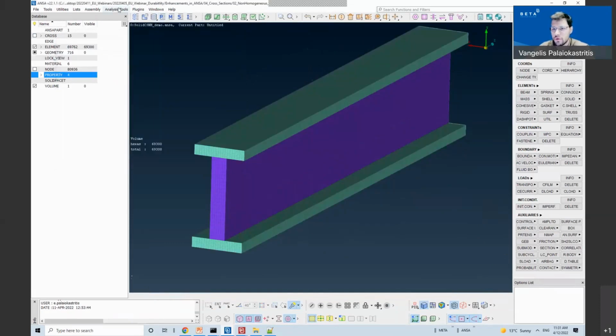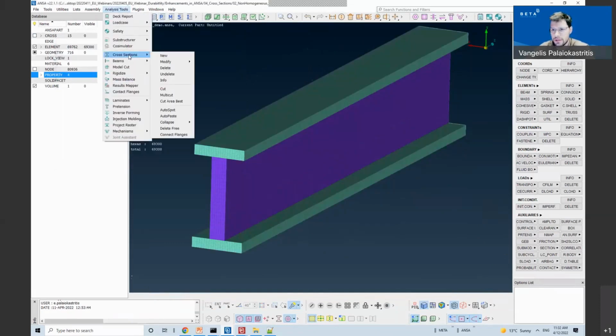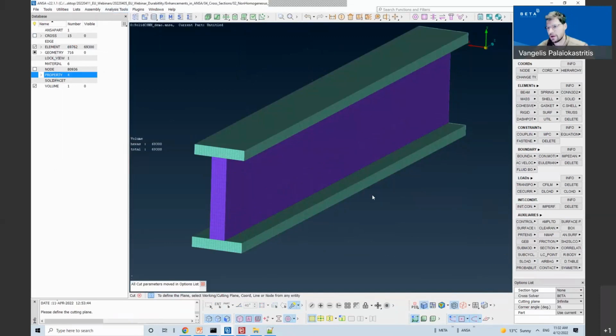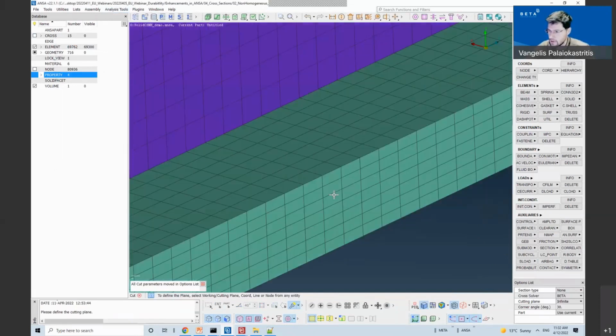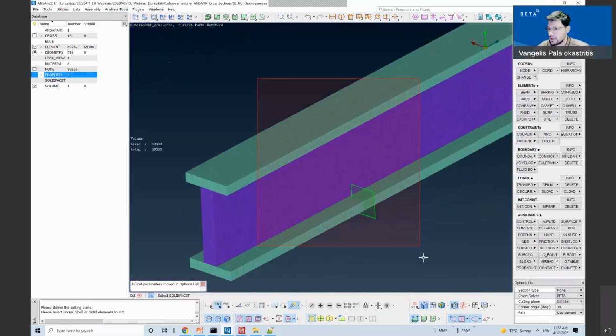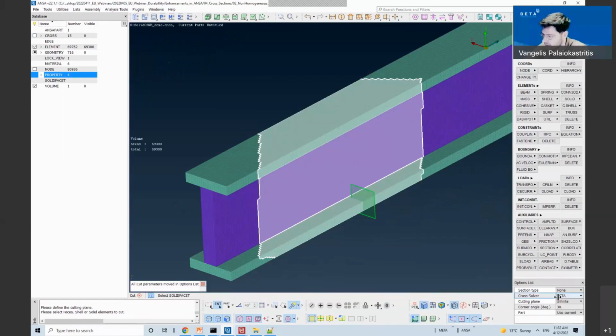If I do here a cross-section cut, I will select 3 points to define the cutting plane, select the elements that will be cut, and the important thing is to select one of the FE or the FE2D cross-solvers.